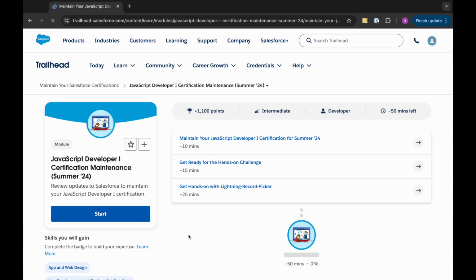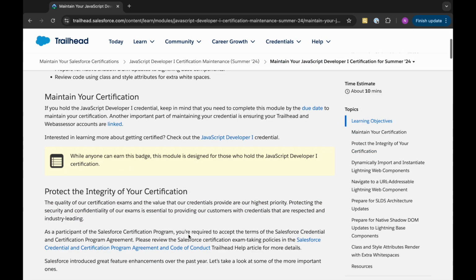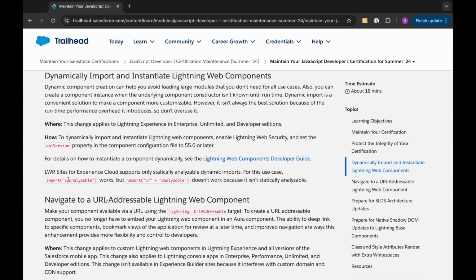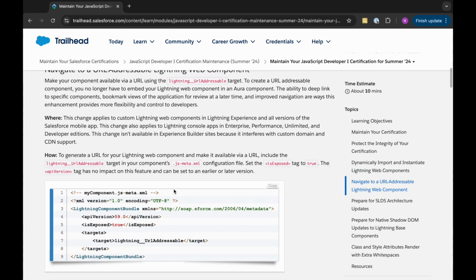Our first unit is maintain your JavaScript Developer 1 certification for Summer '24. So we are talking about that we can now dynamically import and instantiate Lightning Web components using import like this. And also, even if this doesn't work, it is initially analyzable. If you can see in code also, we do have one another target introduced,